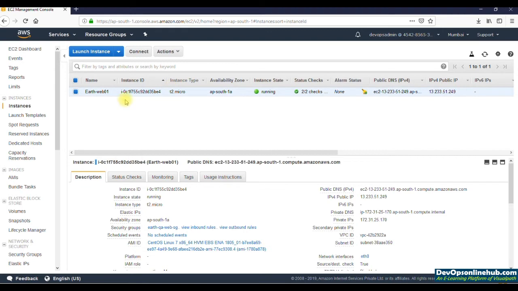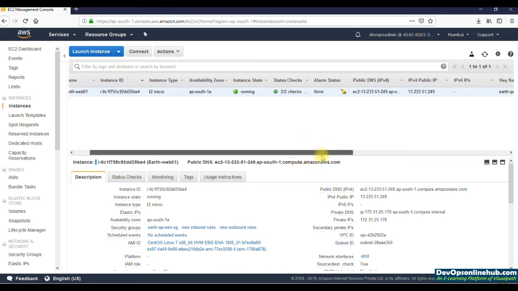So here you see a lot of information about the EC2 instance. Its instance ID. Every instance you create will get an ID. Instance type, T2 micro, that comes under free tier. In which zone it is running, AP South 1A. And remember, we did not select any zone, so AWS selected it for us. Actually there was a setting where we can select, but we just skipped it. Its state is running,